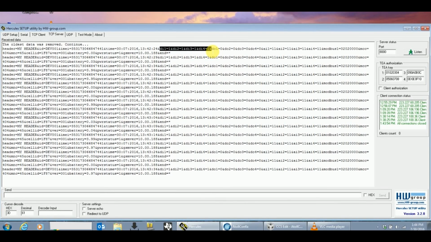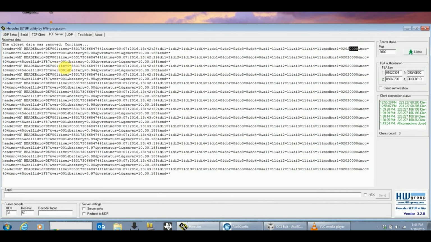DI stands for digital input, DO stands for digital output, AI stands for analog input. Modbus 1 denotes the first Modbus request response, which is configured to read 2 registers of 16-bit each. You can see 0202 for the first register and 0000 for the second register.